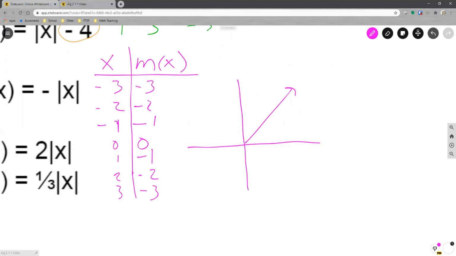here's my parent function. Let's use green this time. If I plug in -3, 1, 2, 3, go down 3, I get a value down there. -2, go down 2, get a value around there. 1 and 0. And if I go the other direction, I still get negatives. And what this results in